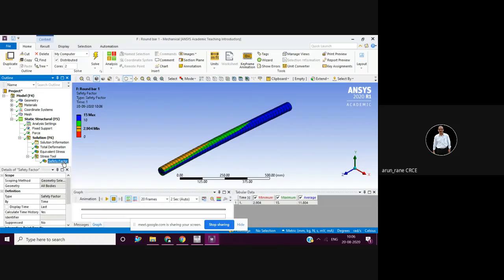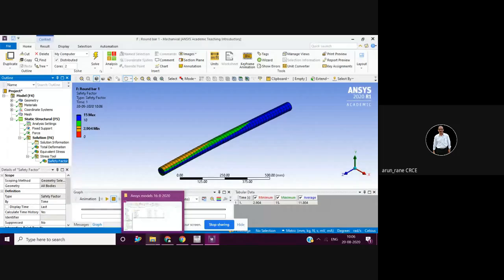So that is 10 to 15. So it is safe, but as compared to I-beam, the deformation was more, and even the stress is also more. So if you compare these two cross sections, definitely your I-beam is better.